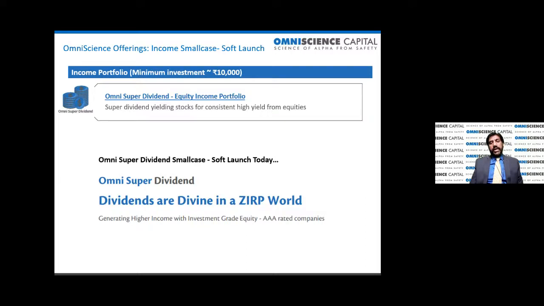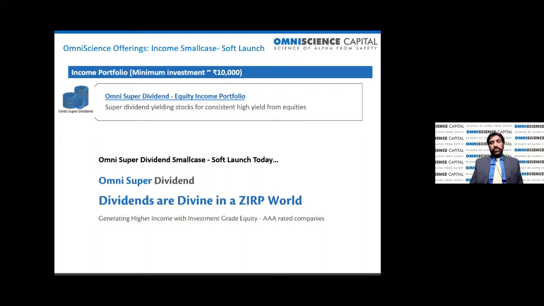Again, I can't go deep into the super dividend, but the main point is all of these companies, there are 8 companies in there, all of those companies are AAA rated by CRISIL or India Ratings or CARE, most of them by CRISIL, okay, AAA rated or having A1 plus, which is equivalent to the AAA rated, which is the highest bond ratings. So they are the safest companies according to that. And of course, we have done their balance sheet analysis, etc.